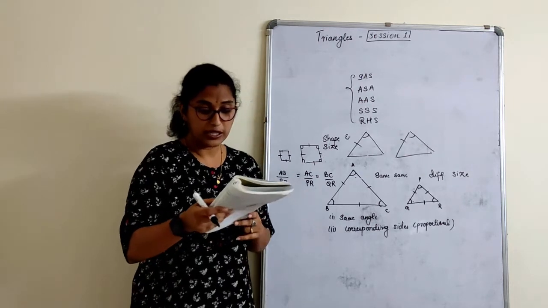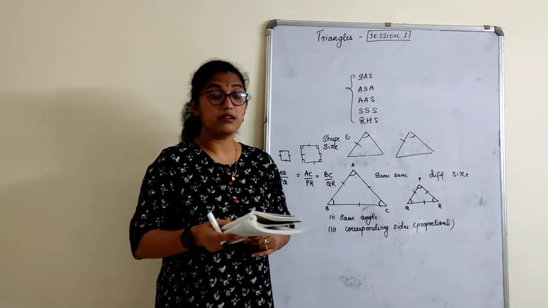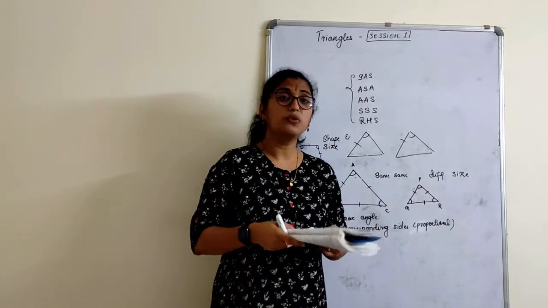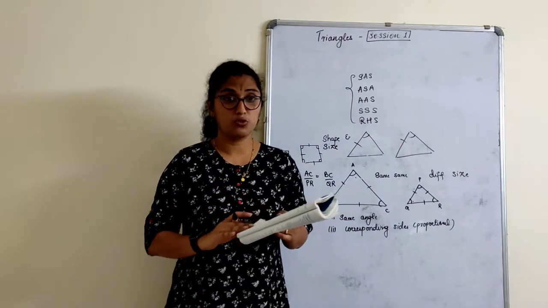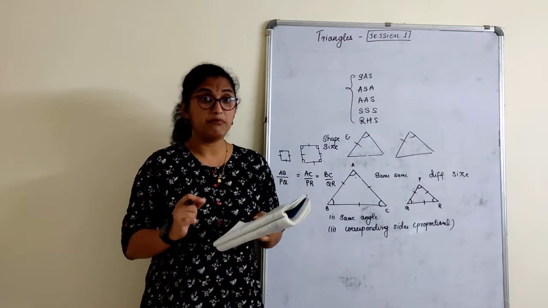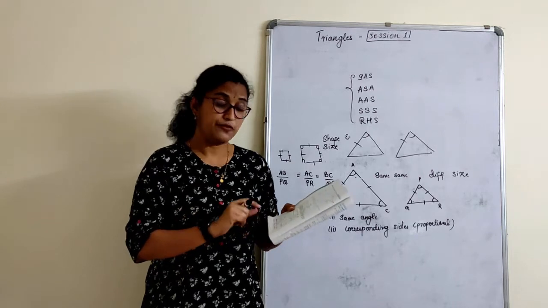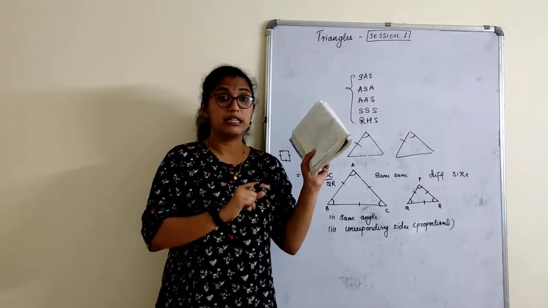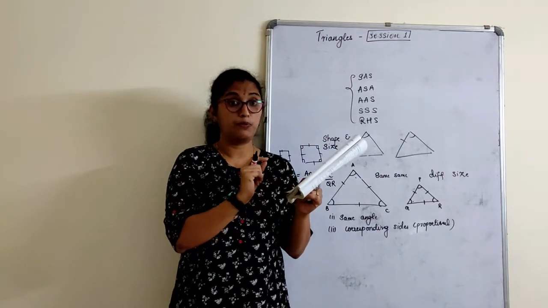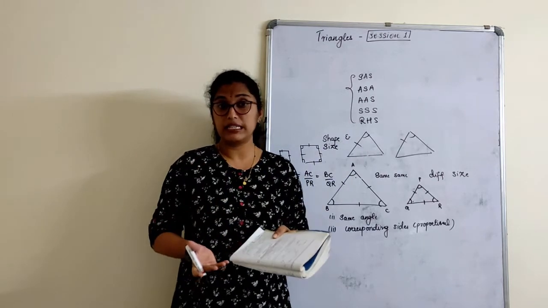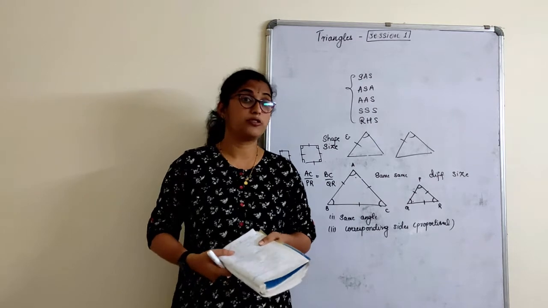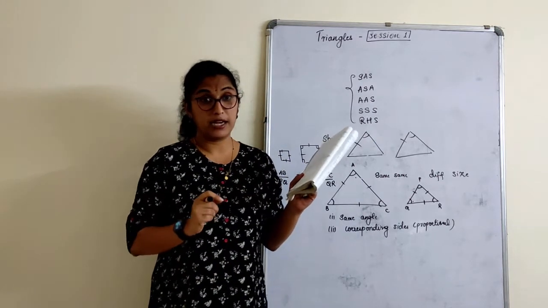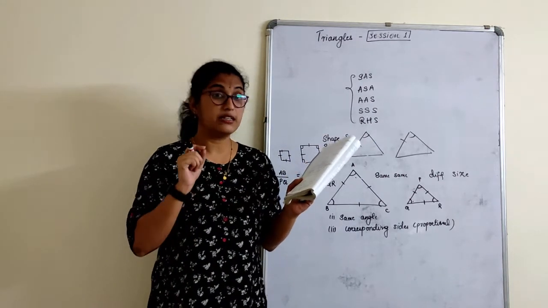State whether the following quadrilaterals are similar or not. Now, if you identify these two types of quadrilateral, can you name these quadrilaterals first? The first one is a rhombus. How did I know that it is a rhombus? Because they have given all the sides equal to 1.5. When all the sides are equal, it can be a square also, no children, but angles are not marked. So, the first figure is a rhombus.